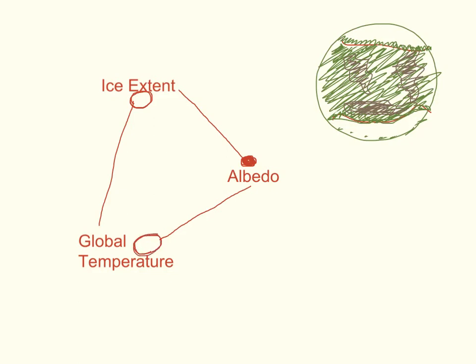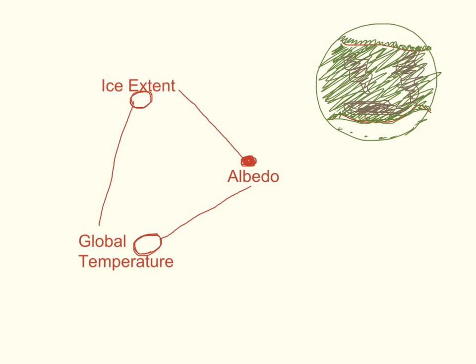Overall, what we can see is a negative coupling between global temperature and ice extent, a positive coupling between ice extent and albedo, and then a negative coupling between albedo and global temperature. When we went through this example, we started off with a planet that had a certain amount of ice extent. We then caused some sort of warming. It doesn't really matter how that warming occurred. The fact is we had warming. As that warming occurred, we decreased ice extent. That resulted in a decrease in albedo. And as we decrease the albedo, what now happens is that the